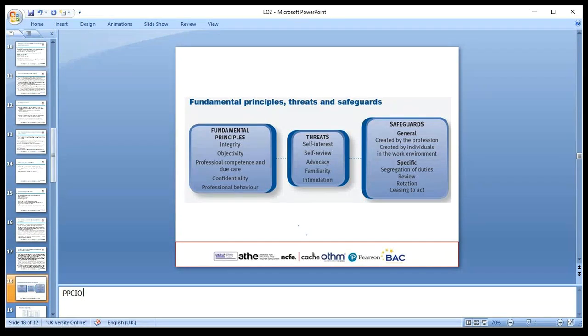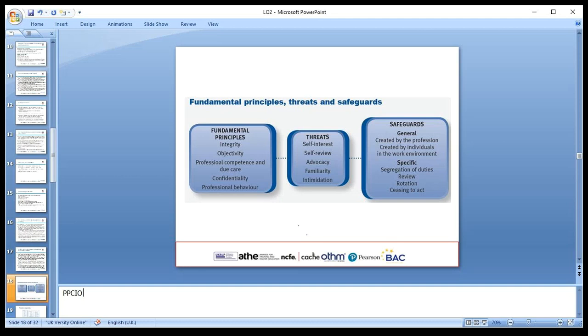Then we always need to be detailed and follow the threats. What threats can there be? Self-interest: if you're getting free holidays from somebody, or if you're checking your own work. If you're involved in conflicting information, or if you're very close and familiar with someone. If your heavy fees are coming from one company and they say, if you don't give the report in our favor, we will not give you audit work. Yes, that can be a threat, intimidation.